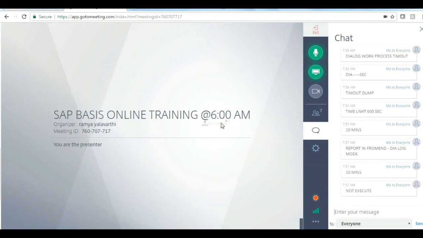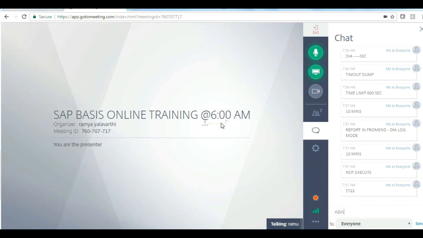After 10 minutes, you will get one pop-up message: Time limit has been exceeded. If you see in dumps, all dumps we can see in transaction code ST22. All the ABAP dumps we can check.